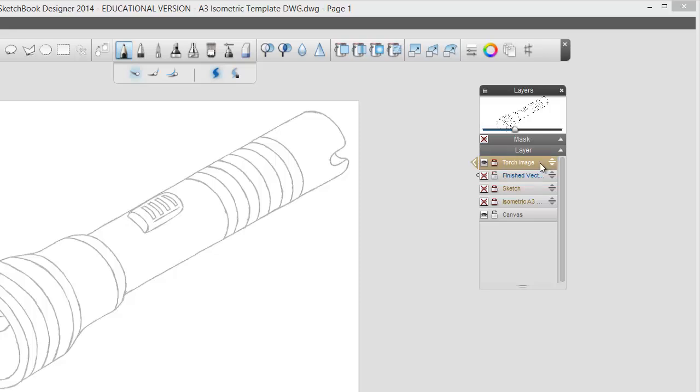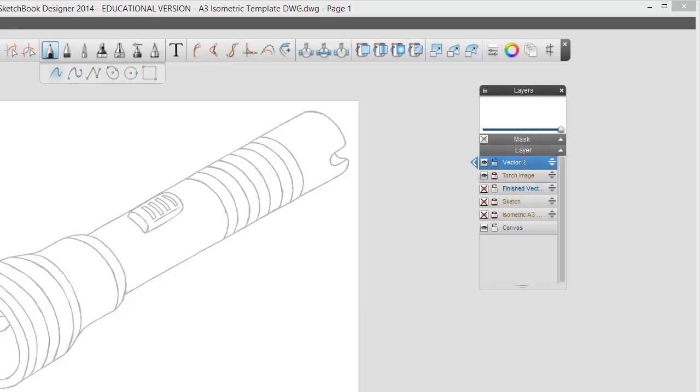What I do want to do now is move this one higher up by dragging on these arrows, and put one layer above it. This time I want a new vector layer, and I'm going to rename this one and call it my torch. Okay, and I might put a V there for vector just to remind me what kind of layer I'm working on. So in this layer now I can start to use all these tools to draw my lines over the top,